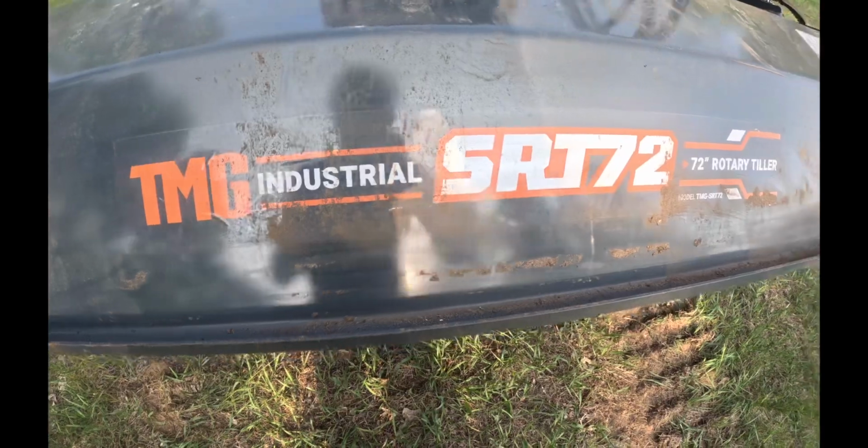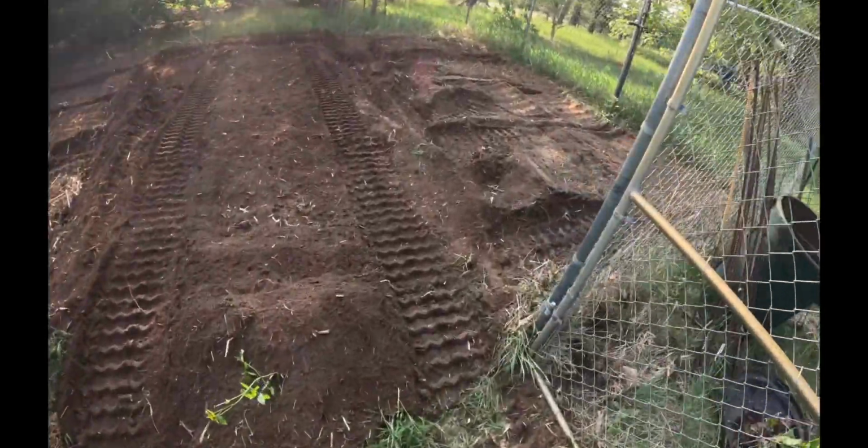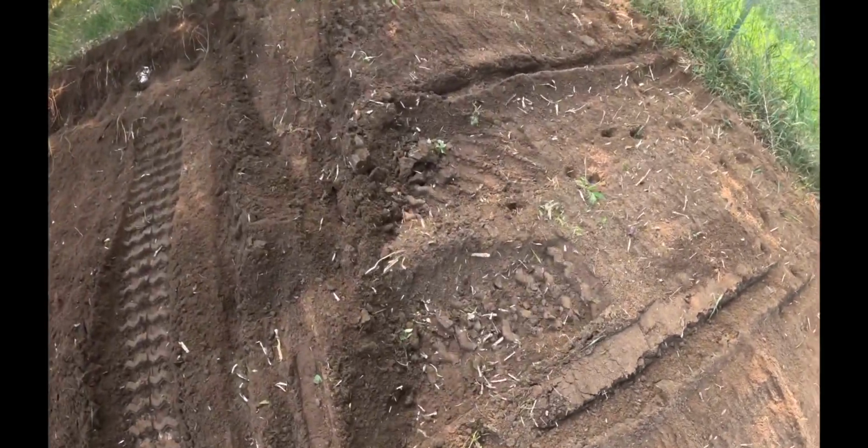And that's what we're using. TMG SRT 720 Rototiller. Works good. You'll see the time lapse. It's not going to be perfect because the skid's not small, but it did what we needed